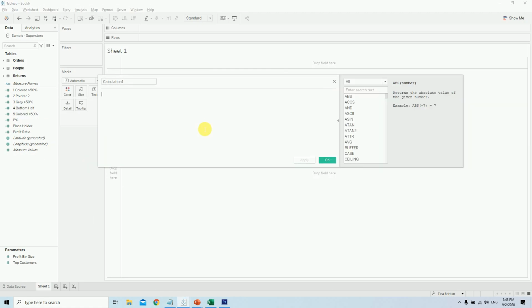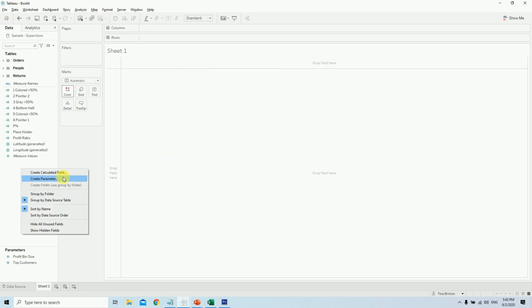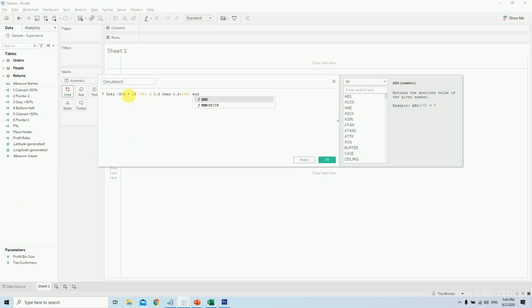I create a calculated field, if condition, sorry. Yes, so the last one, create calculated field, paste, Control X, Control V, and we are done.